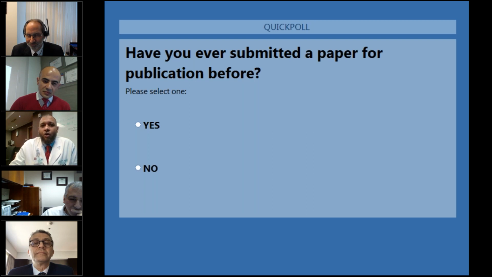So I encourage all the young researchers, surgeons, and non-surgeons who are interested in publishing to actually be involved as reviewers for journals. That's one. The second thing is to work as a team and not as an individual. So if you have a research team made out of people with different experience, and then you actually work together to look at the study from the beginning, from the concept into publication, you tend to actually get good advice from different people.